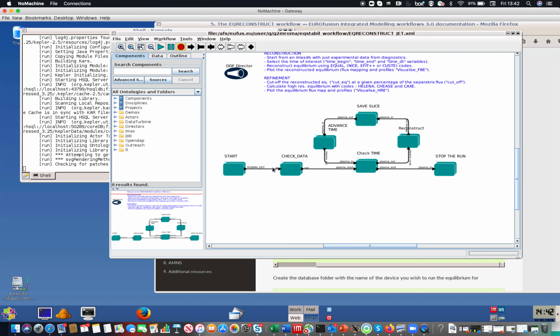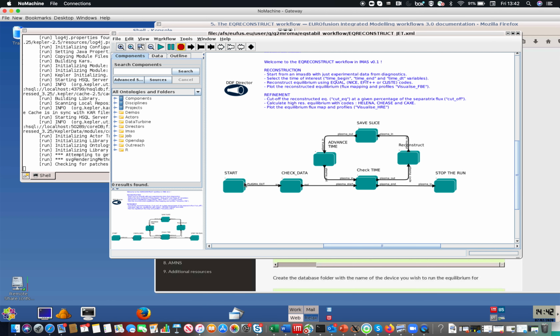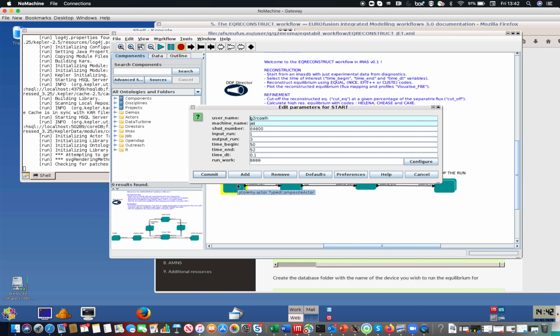There are several actors or complex actors. The first one that needs to be set up is start. Double click on start. This will identify the input file and also the output where the data will be stored. So this is the default setting. I will change it with my user